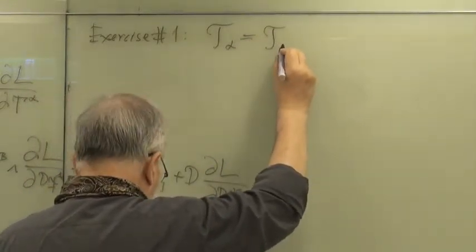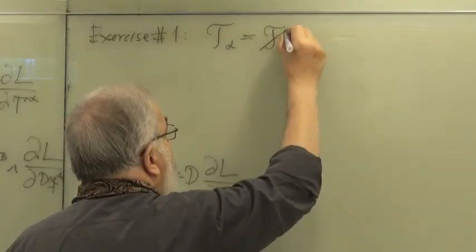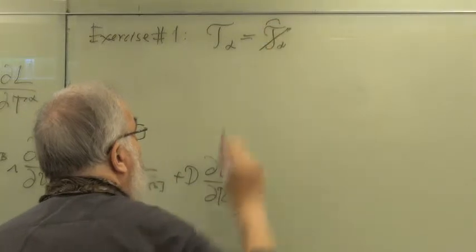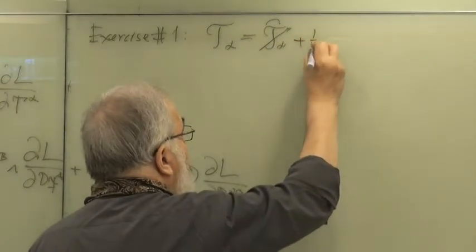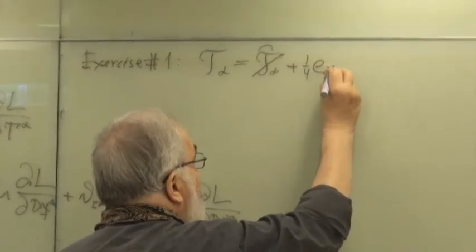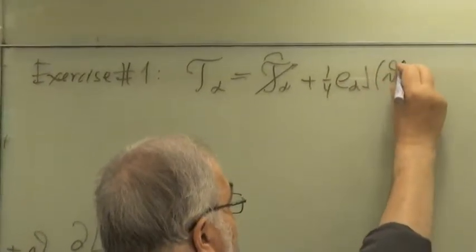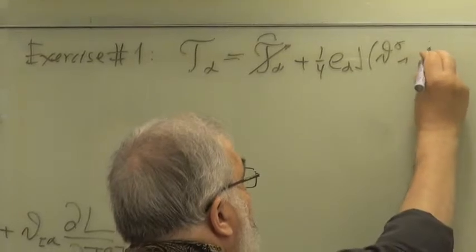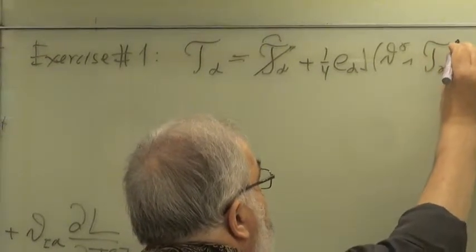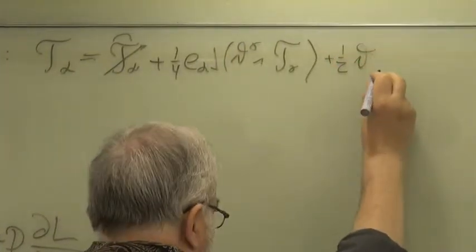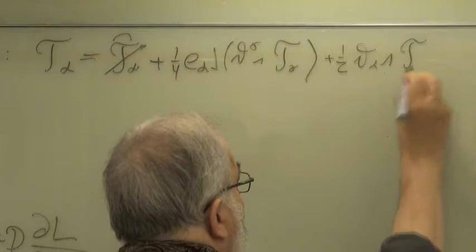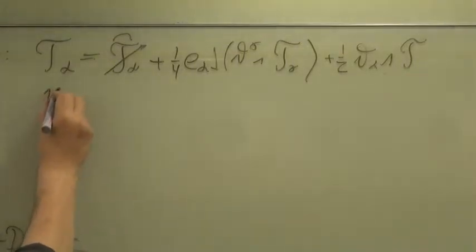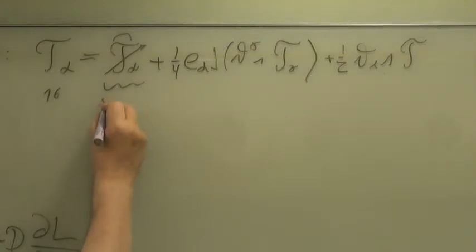T alpha, and here dagger, and here sort of a smiley, here a circle, a half circle, plus 1/4 times E alpha in theta gamma wedge T gamma plus 1/2 times theta alpha wedge T wedge T. So this is 16, this is the symmetric trace free piece,